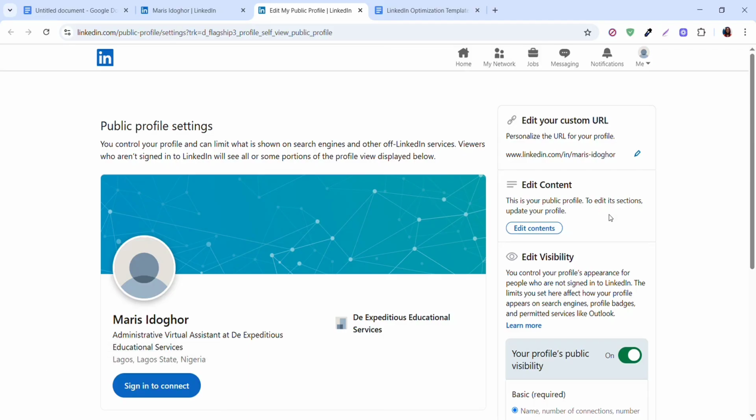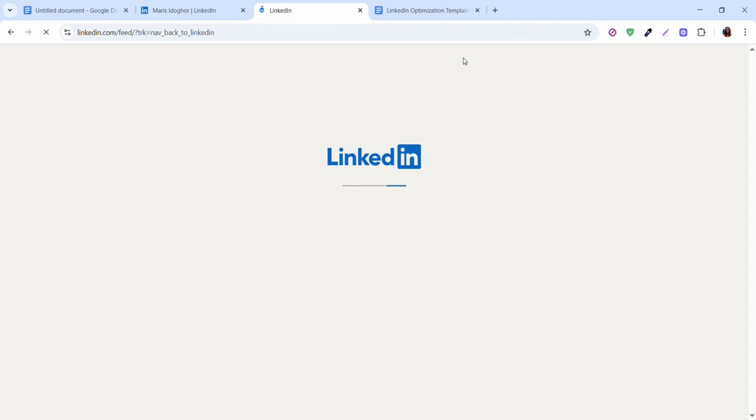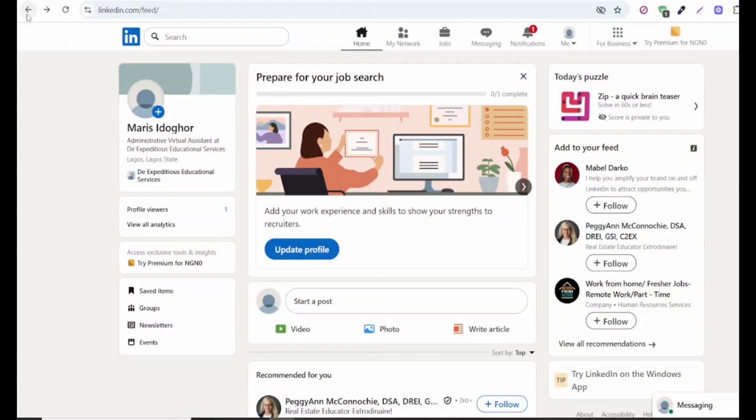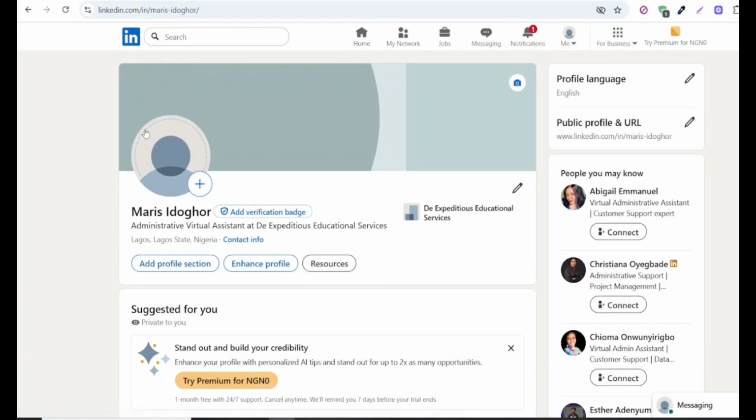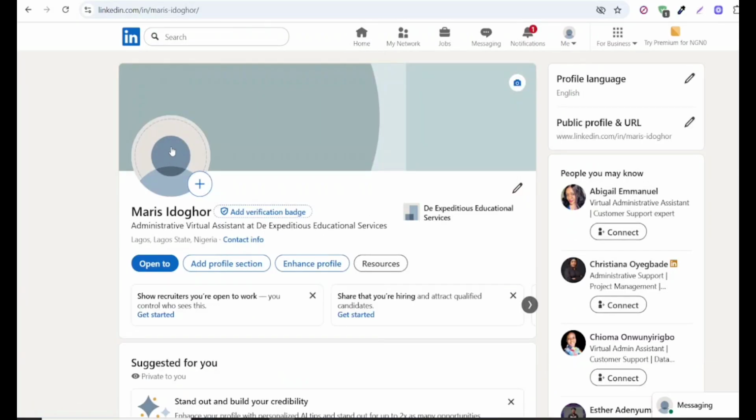So now I want to go back to my page. Alright, I'll just click on home and it takes me to my page. Alright, so the next thing to do is to upload a profile photo. So you come over to your profile page and then you can see here that there's nothing in here. This is where your profile photo is supposed to be. So there's nothing here. What you want to do is click on this plus button and then